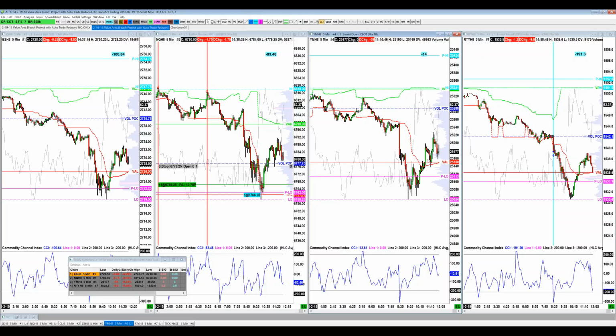All right, and this dotted line is the value area low based on the developing line. So that's where the value area was at that time. Okay, Gar, these are based on volume profile, not market profile. That's a good question. What Gar is asking is, are these value areas based on trades or time? These are based on trades, volume traded,